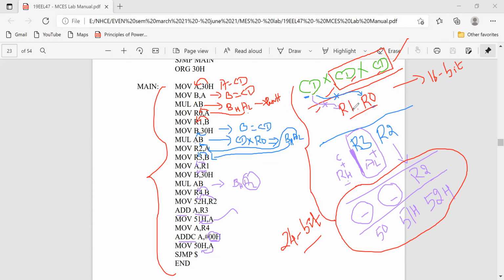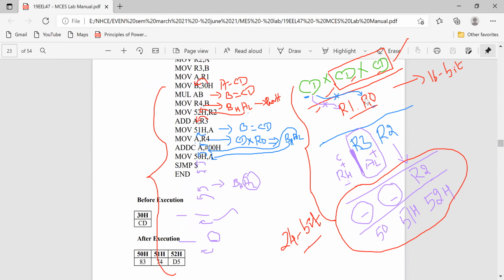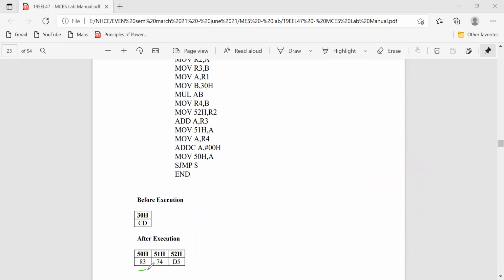If you multiply 8-bit with 16-bit, you'll be getting 24-bit. I showed the result as 24-bit data. For CD, you will be getting 83, 74, D5.